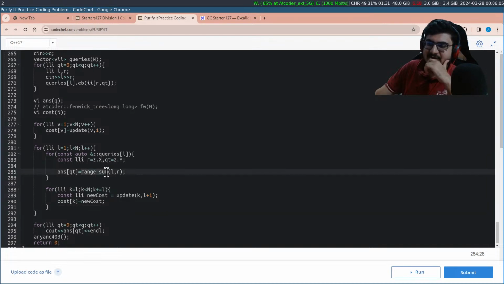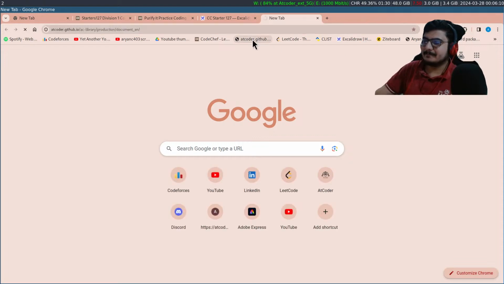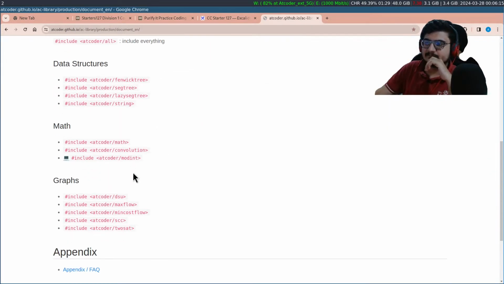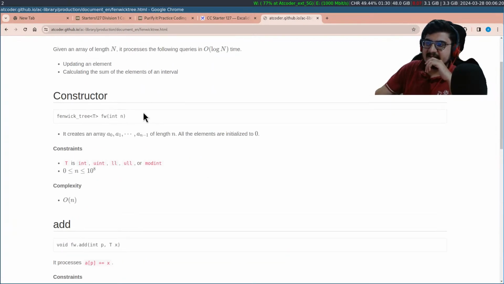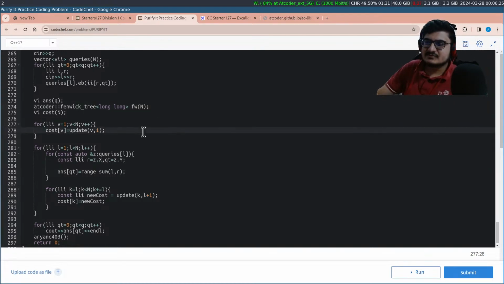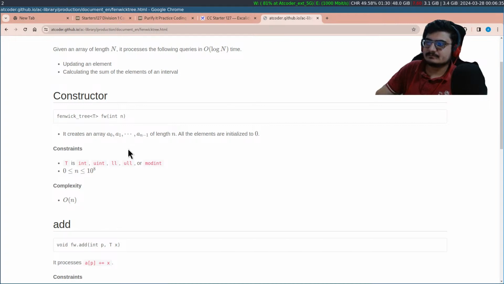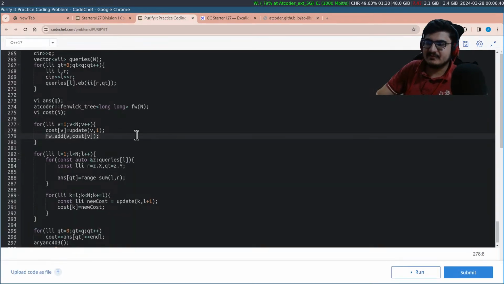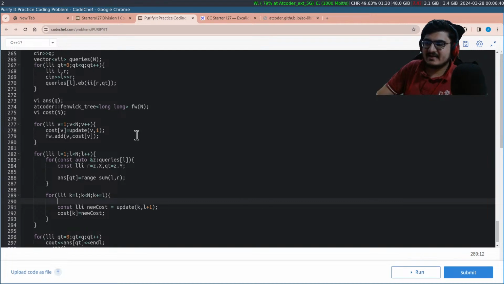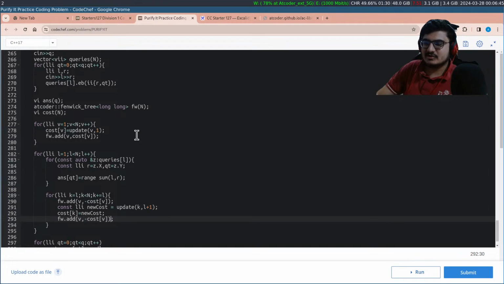And because I need range sum over here, I also maintained a Fenwick tree, which I have taken from the AtCoder library. You can probably look at it here. Fenwick tree. You can either use some method, you can also use a segment tree, whatever you want. We just need some range sum. So initially when I am initializing the cost tree, it's the Fenwick tree idea, you would be able to do it. And when I want to update the cost, I first subtract whatever I have added. And when I have got the new cost, I add it again.